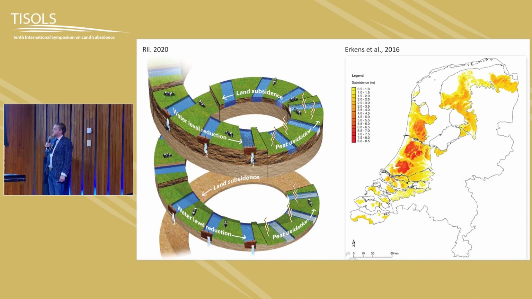We drained the peatlands 1,000 years ago. That led to lower ground levels, but also led to subsidence. So in due time, the ground level was lowered, and that meant that the land became too wet. So we had to lower these ground levels again, which again caused land subsidence. And this happened over and over again, as you can see in this spiral. And in the end, we had 1,000 years of land subsidence in the peatlands.